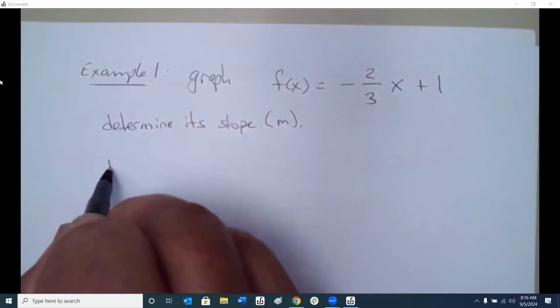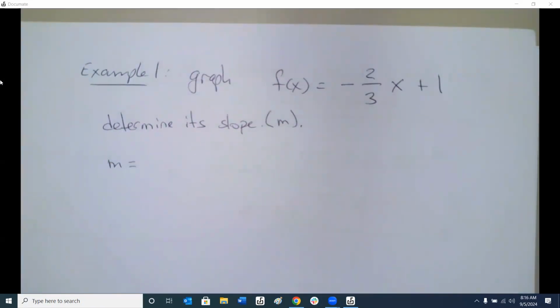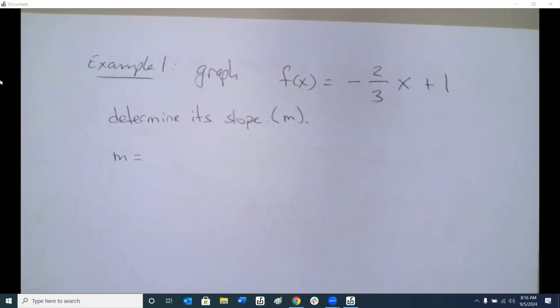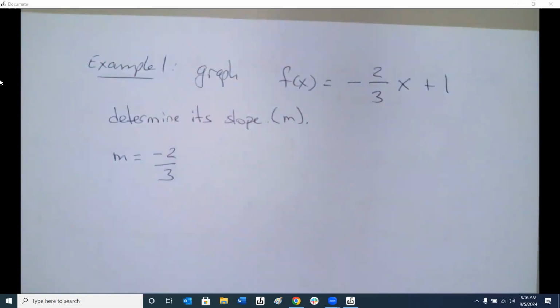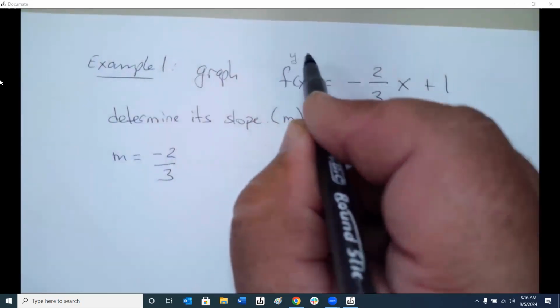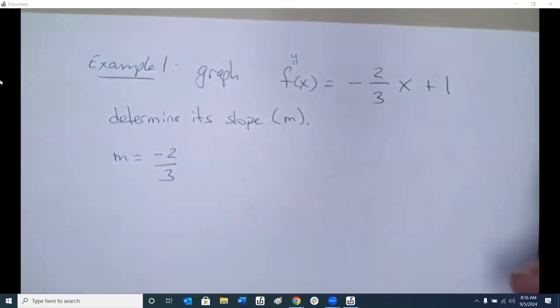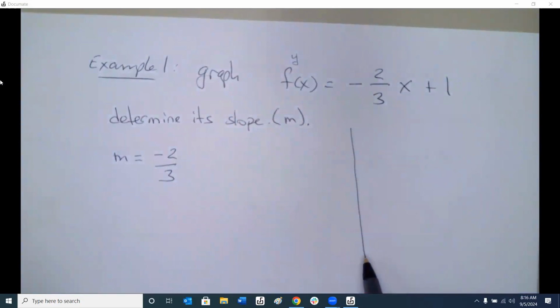So we could do that. What's the slope? Negative 2 over 3. Right, it's negative 2 over 3. It's only possible if you have y on one side equals the equation. It has to be in that format first. Okay, so then to graph it,